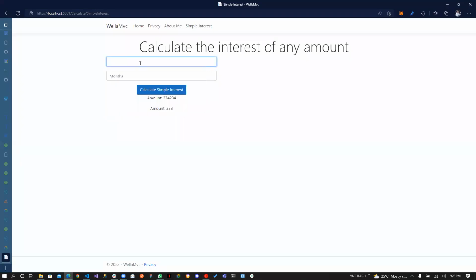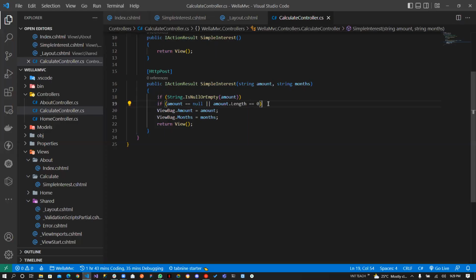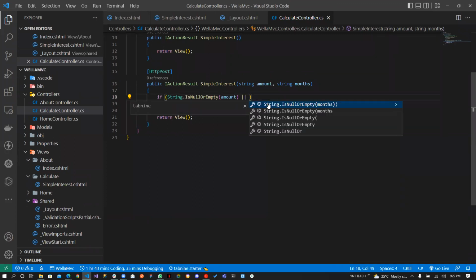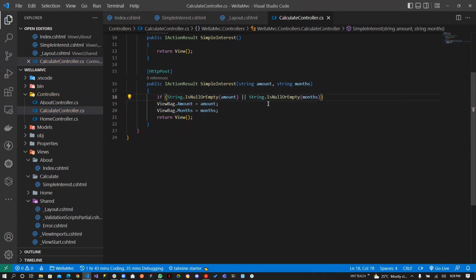So like this now, I won't be able to calculate that. Or if you just submit empty something, I won't be able to calculate that. So that's what this check is doing. So if string is null or empty, or string is null or empty month, right? So if you have these two, I want you to return